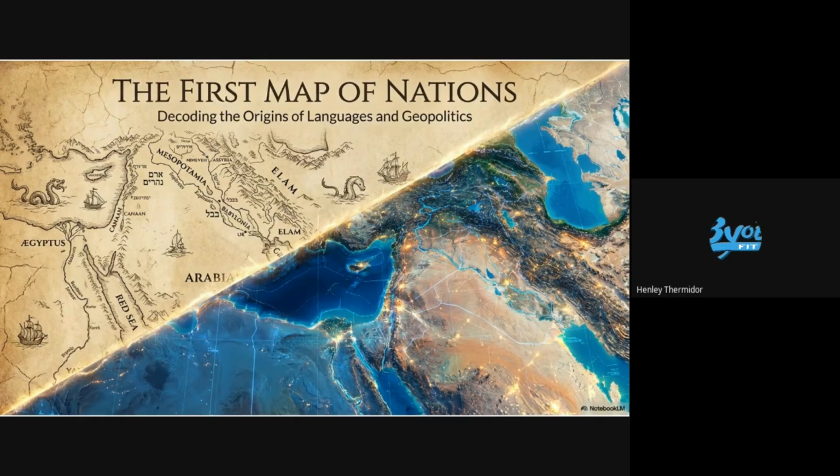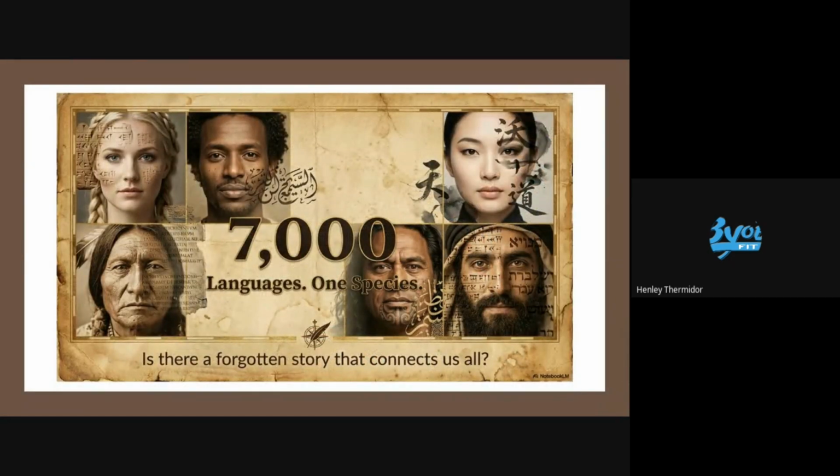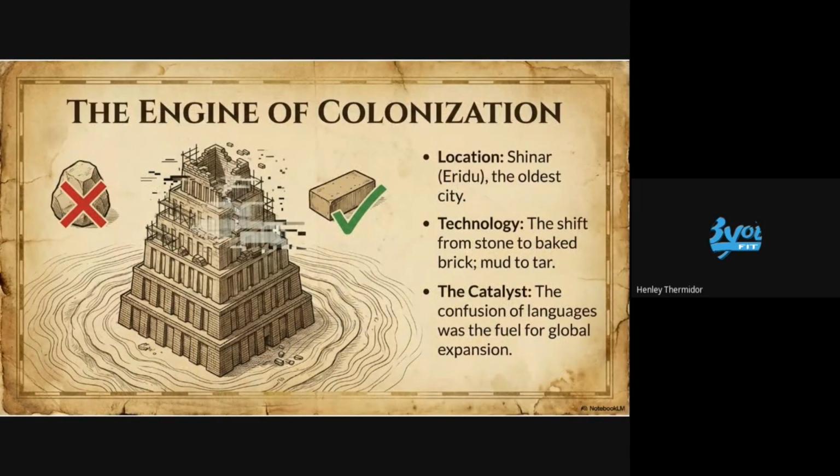Okay. So we'll take a quick detour from the Bible and kind of look at the map itself, the geography. In the world, we have about 7,000 different languages, all stemming from one place. Why is this important? So the Tower of Babel, reason why it was such a pivotal thing was they finally